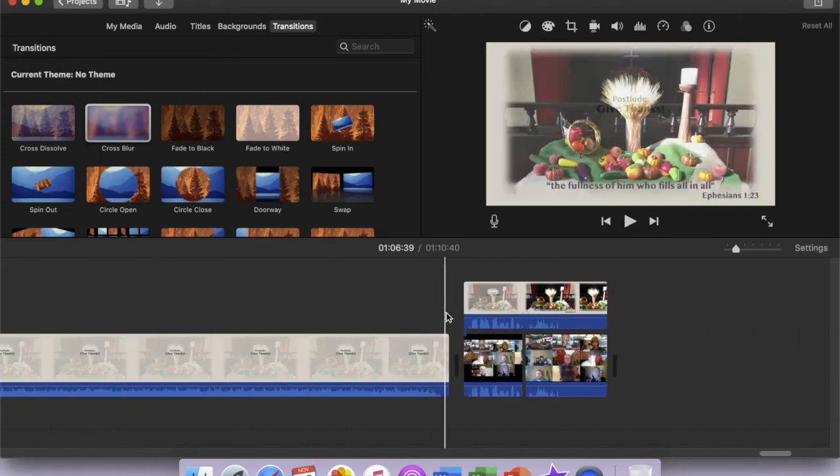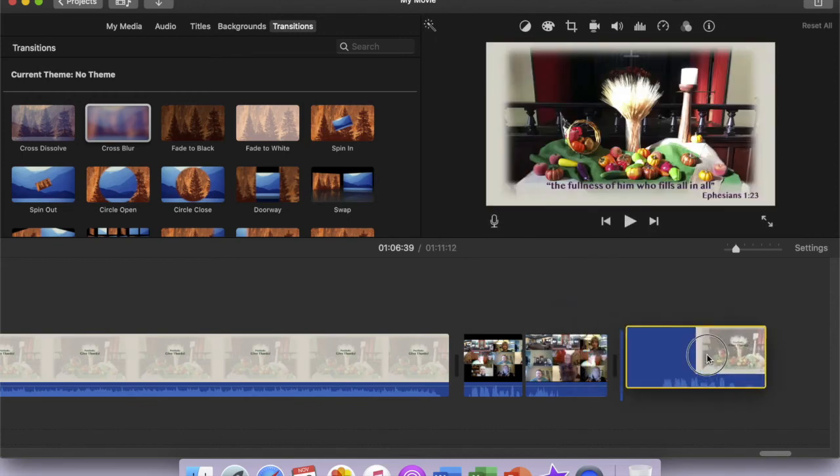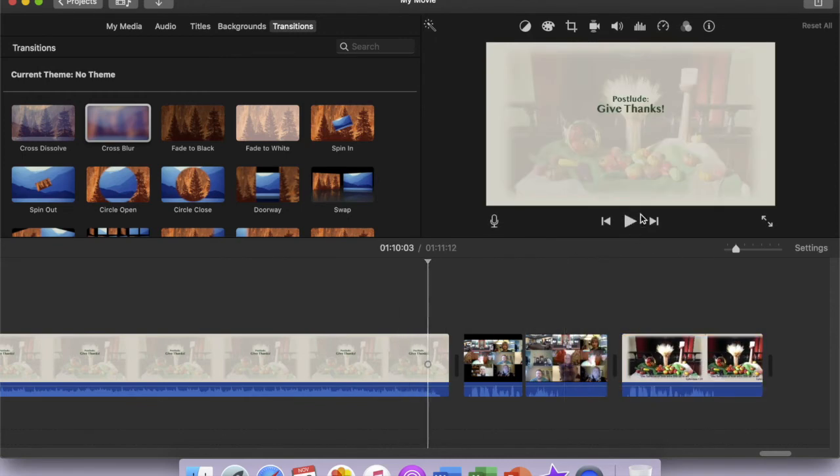Then I'm just going to pull this bit down here, because this is how I do my begin screen and my end screen. So I'm going to pull this down here and I'll show you how I do that. So always after we finish the postlude,